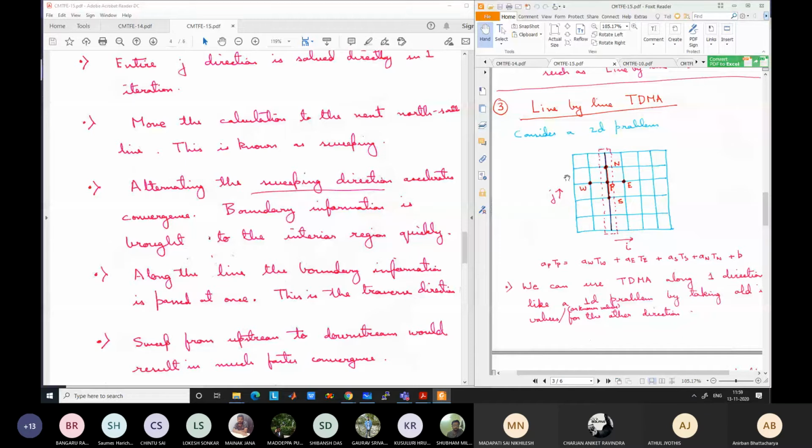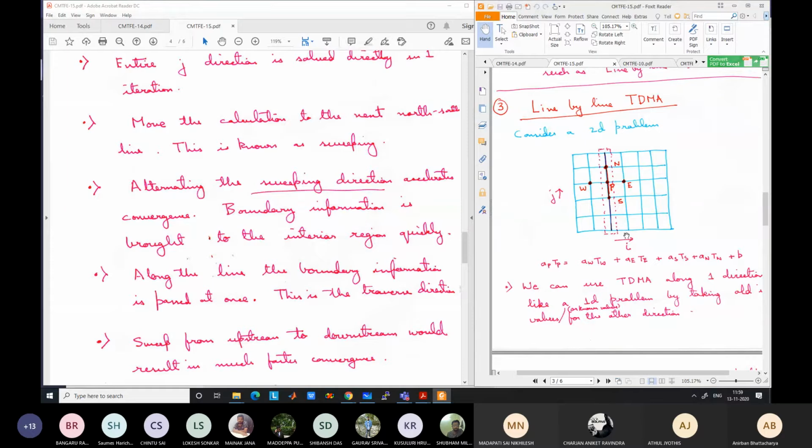So sweeping along 100 grid points, and at each grid point you need to solve a 100 by 100 matrix. And then in 3D you have to sweep along the other direction also 100 times. So 100 into 100, 10,000 times you have to sweep, where each matrix has a size of 100 by 100. Instead of each matrix having a size of 100 cubed by 100 cubed, which is 1 million by 1 million, which is a huge matrix.